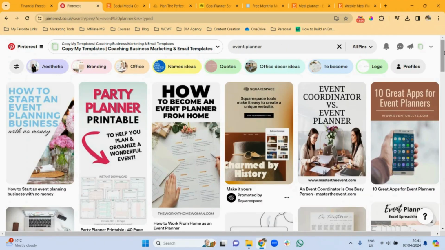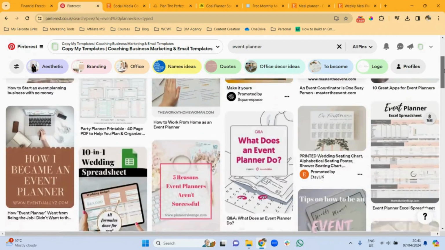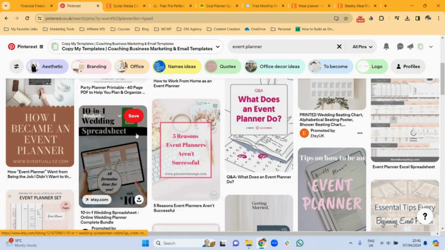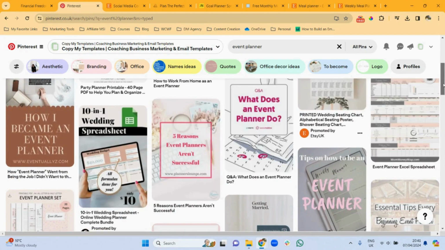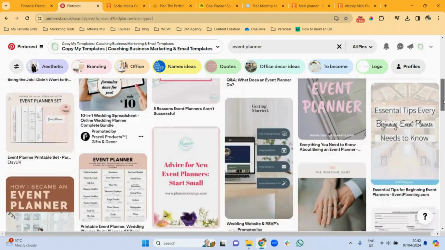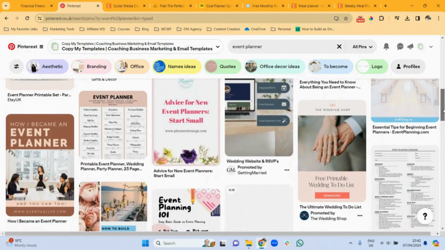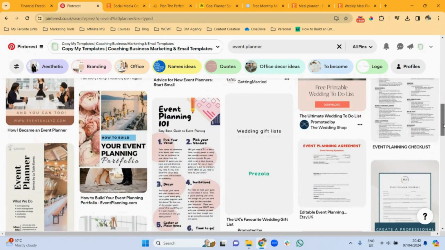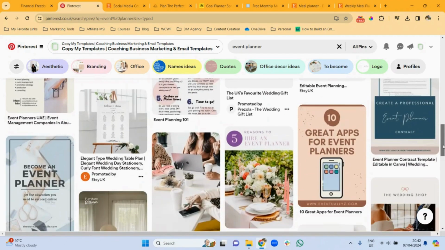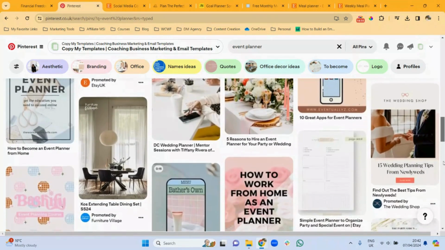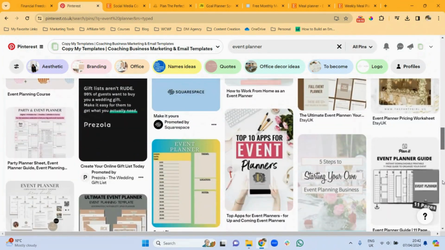Okay, so what's next? Planning an event, right? So whether it is a wedding event, here is a 10-in-1 wedding spreadsheet. It could be a birthday party or a baby shower. Let's see if there are any that stand out to me. So, your event planning portfolio, right?